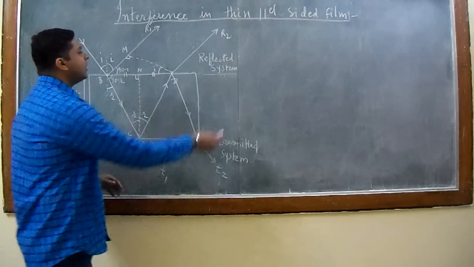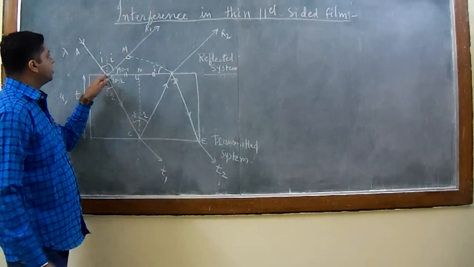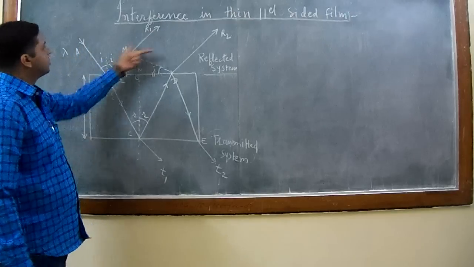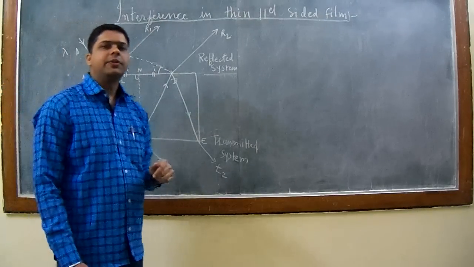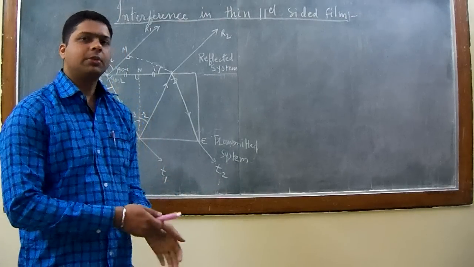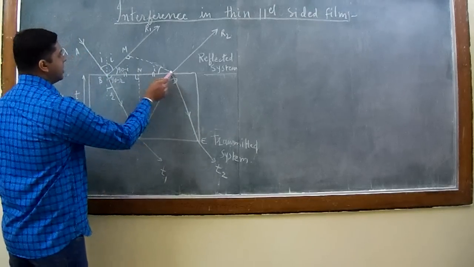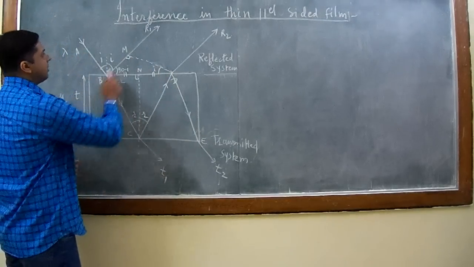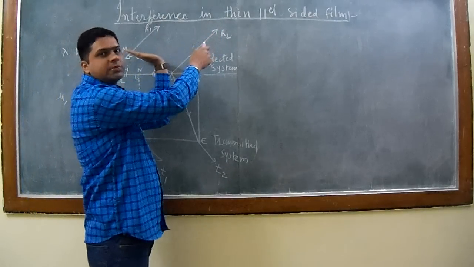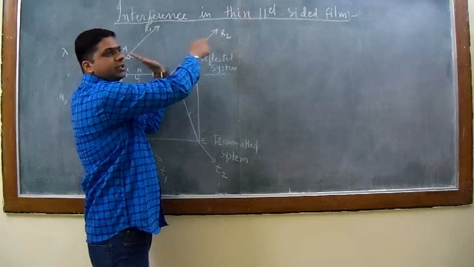So now we will be discussing the reflected system first. As rays BR1 and DR2 are obtained from the single incident source, they are coherent in nature and therefore they will interfere either constructively or destructively depending upon the path difference between them. Now in order to calculate the path difference, let us draw a perpendicular say DM on the path of ray BR1, because as these rays emerge parallel to one another, the paths travelled by these rays beyond this perpendicular